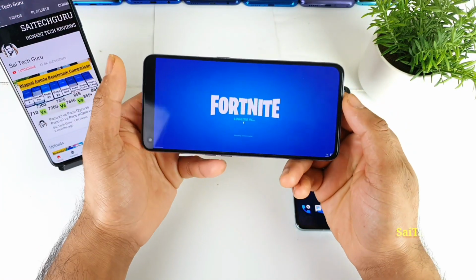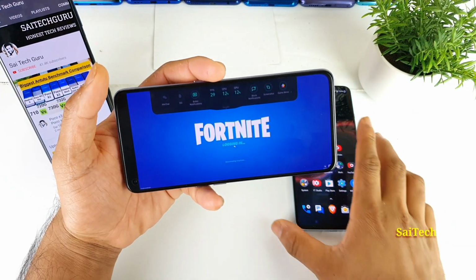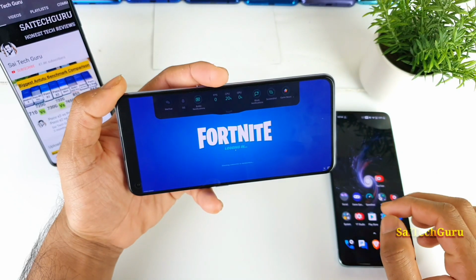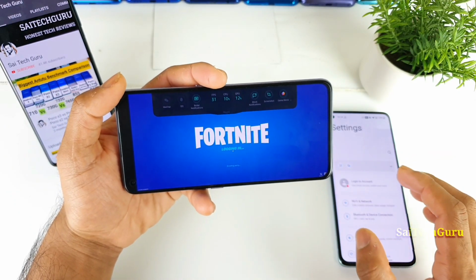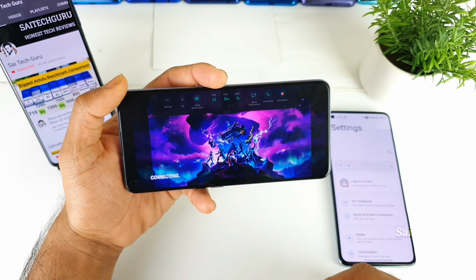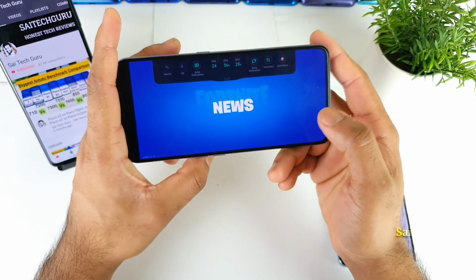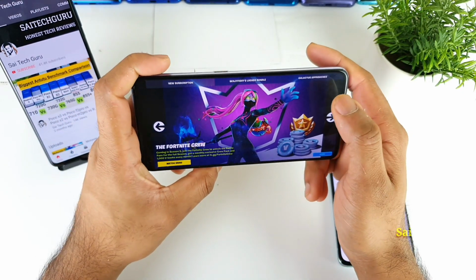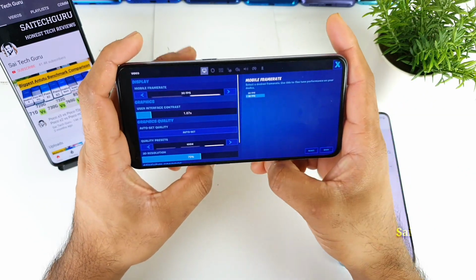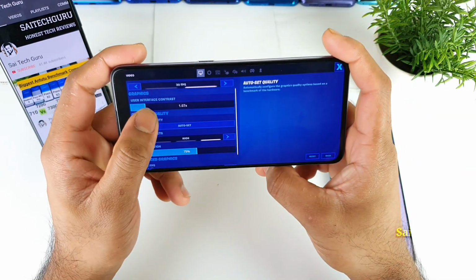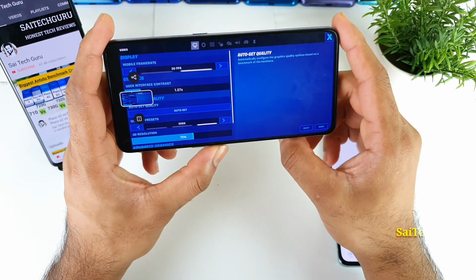So right now let me try to open Fortnite here. In the Realme phones, you can see this kind of FPS count meter, and even in the OnePlus there is an option to see that, but it's not as accurate as this. So let's see, friends, what graphics you can get in this Realme X7 Pro device. As you can see right now, you can only get 30 FPS. This is the only option available at the moment in the Realme X7 Pro.